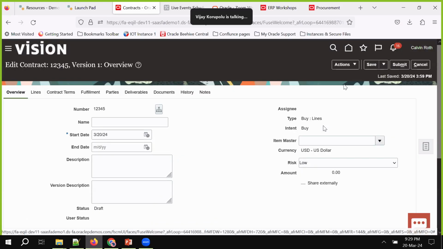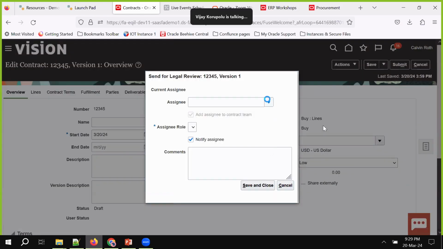And here you can send it for a legal review. Legal review means you have a legal team or a legal team member. I can select a username here or a particular role. Okay, you can assign a role here. I have to save it and you can select it. Then you can send a notification to the assignee asking them to review this particular contract